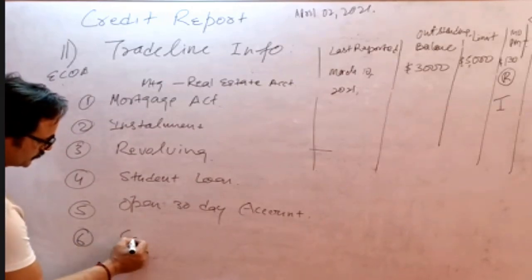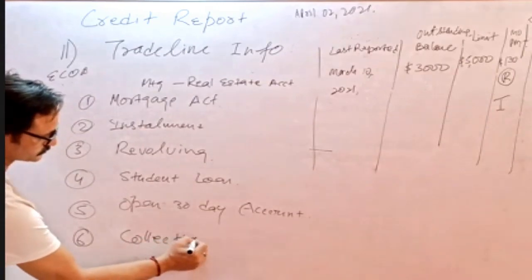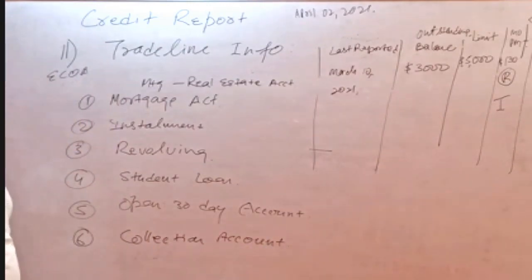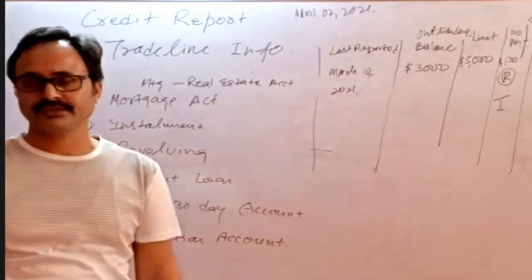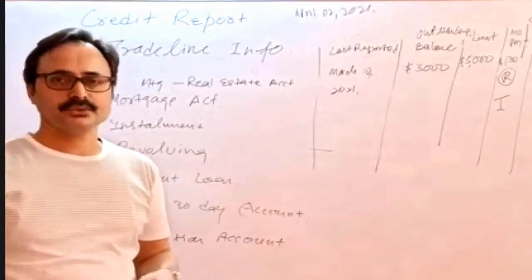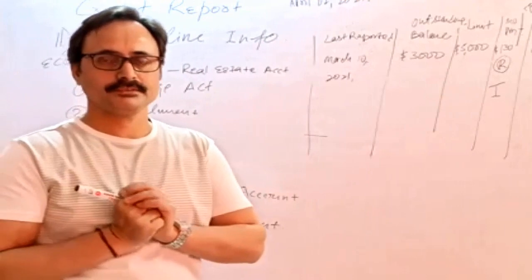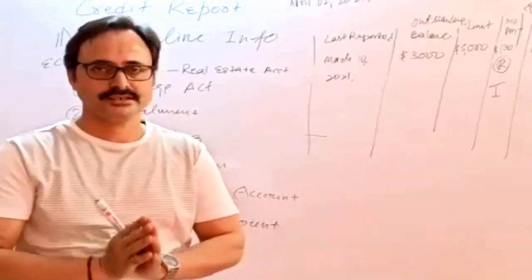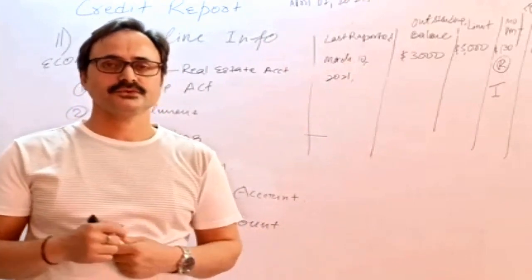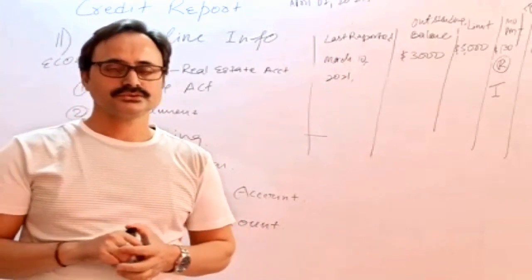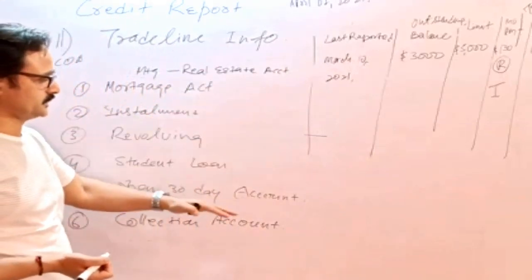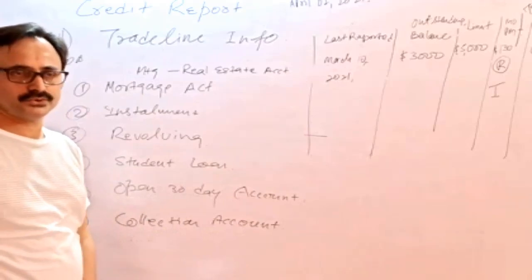Then there could be some collection accounts. Collection accounts are like, somebody is not able to pay the payment or not paying the payment because of different reasons. If that happens, right, then the lender will send them a notice to notify you have missed your payments, you are not paying. More generally, that happens after 90 days. If somebody is not paying the payments for 90 days or more than 120 days, then that loan will go to the collection account, right? So that becomes a collection account. These are the accounts that have been submitted to collection.